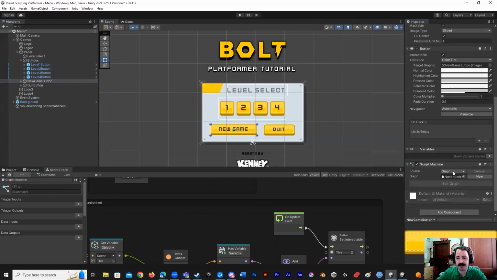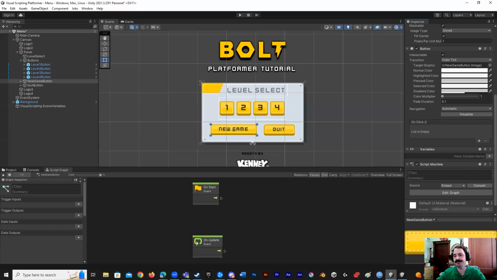And in this case, we're just going to embed this graph because this graph is only going to exist in one place, and it's going to be in this new game button. So I don't need to create a macro for it. So again, under source, where it says graph, I'm going to choose embed. Okay, so now I will open up this graph, and let's just talk about what we want our new game